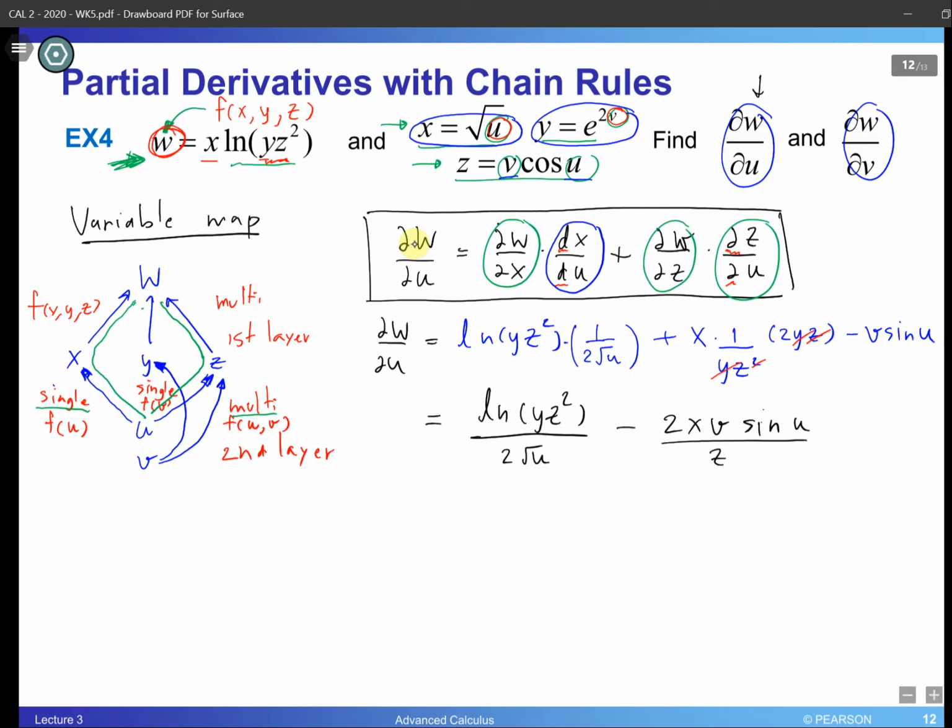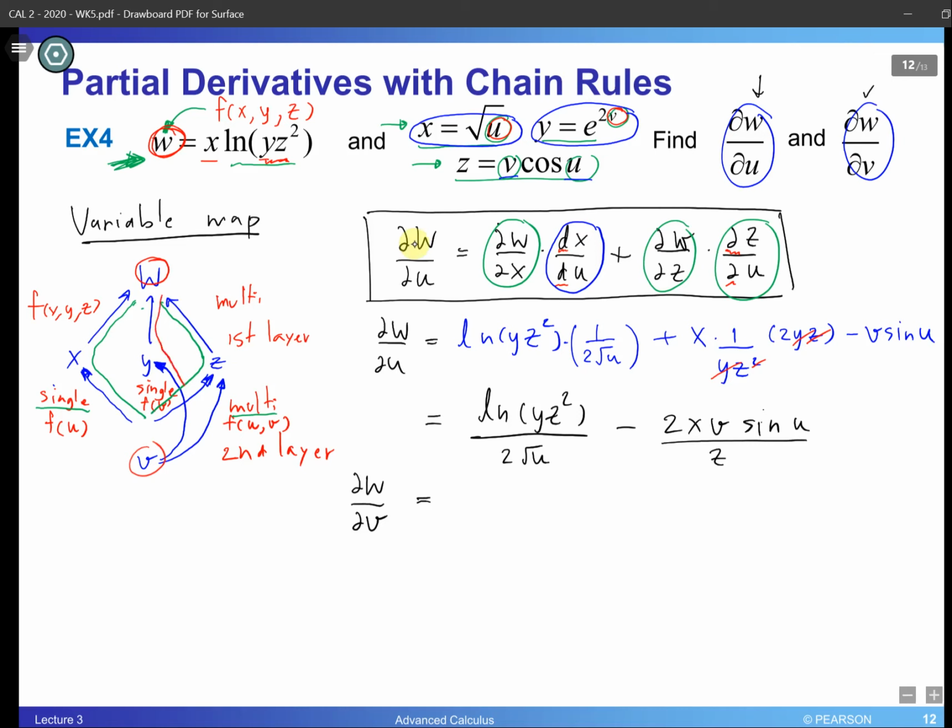The second one is dw by dv. So we are going to have to find the expression for that right here, dw by dv. And it's going to be equal to something, and we need to find that by using the variable map. We need to find the relation between w and v by following all the paths that we can find between them. Oh, sorry, not u right here, it's supposed to be v, between w and v. So we need to follow all the paths. And as you can see here, we have two paths that connect w to v down here. One through y right here,